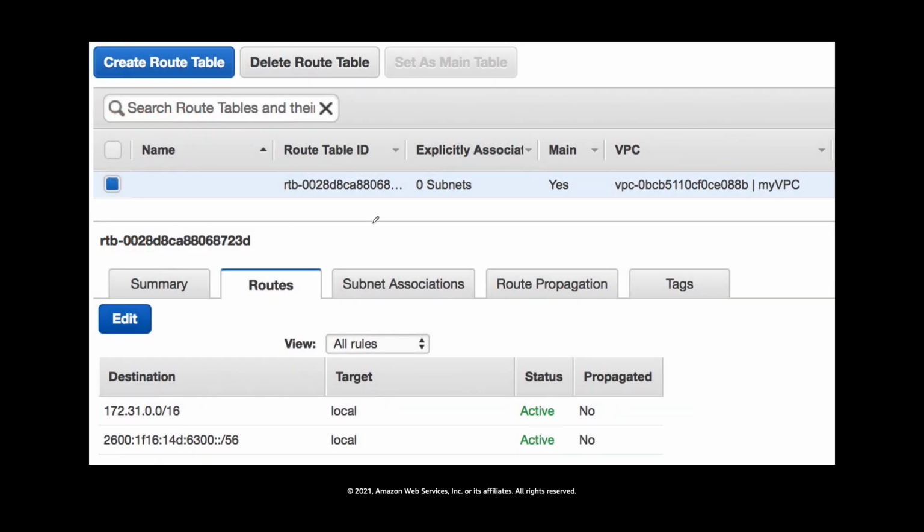Let's say this is one of the subnets, and you create a route table, and in this route table you say that if the destination is this, which is the whole IP range of the VPC CIDR, your traffic stays within your VPC. The other entry is just for IPv6, so you can ignore that if you are not using IPv6. Basically, this route table says that any instance within your VPC can talk to any other instance within your VPC.